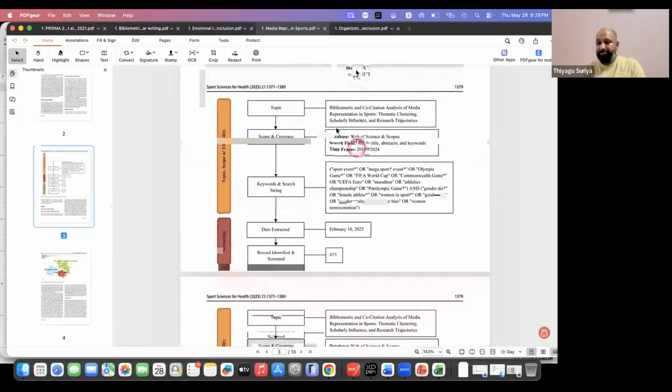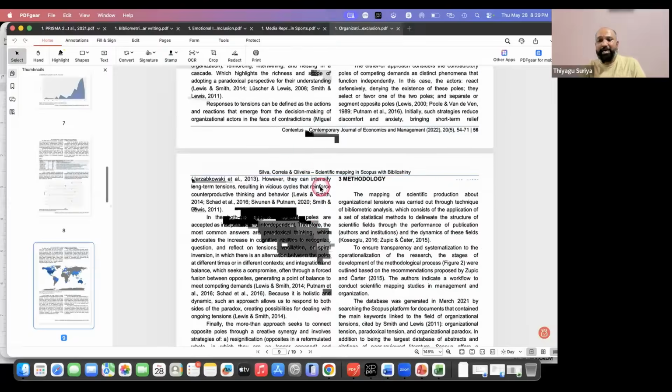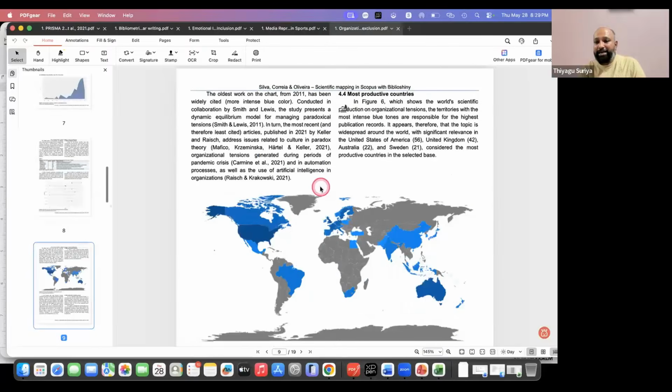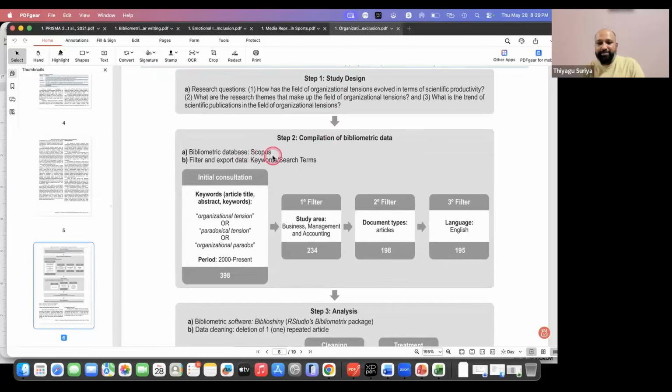If you go to another article, this is another framework. Are you able to see this? They make it like a study design. These are the research questions they added. Directly they go with their database, the key term and search. So there is a first initial search, organization, and these are the ResearchGate